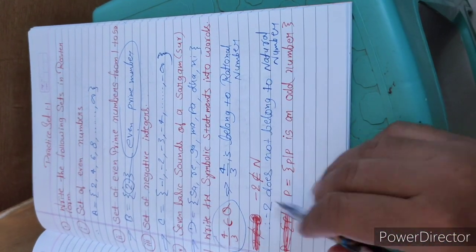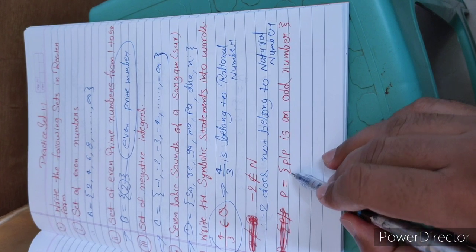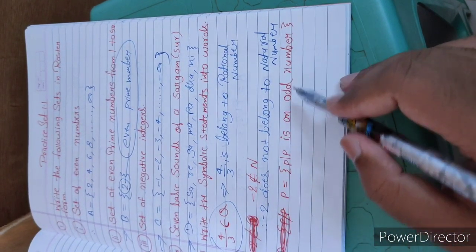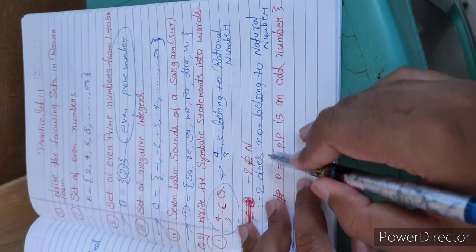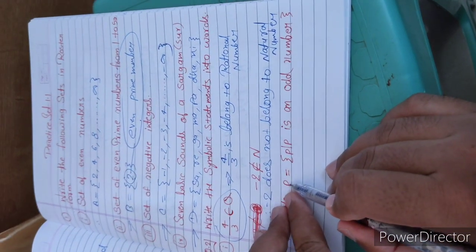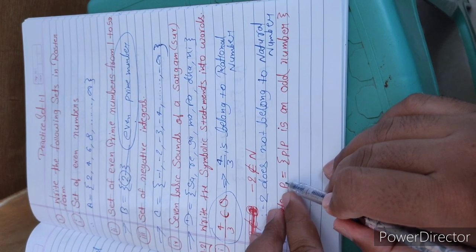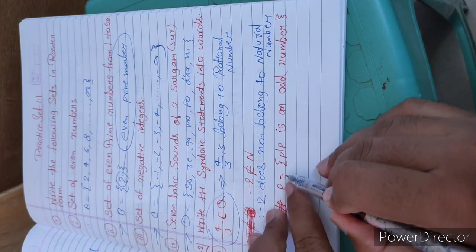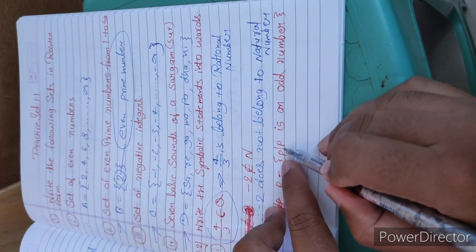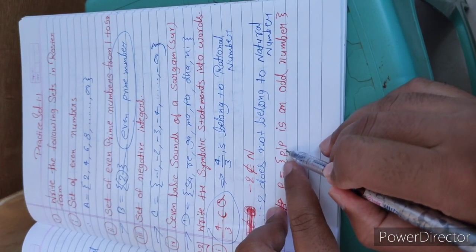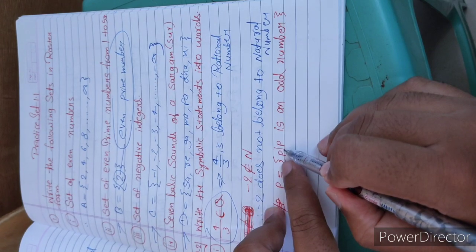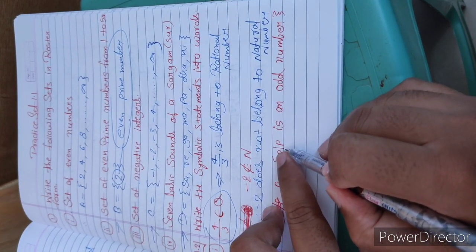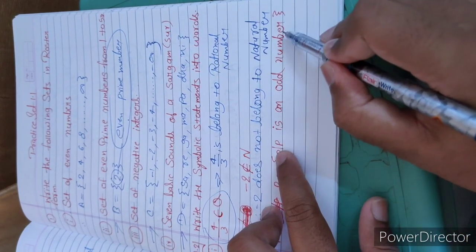Okay, next what is given here? Here we have been given set builder form. We have been given a set in set builder form. Firstly we will read it as the set P. P is the set of p, and this line is called such that. P is the set of p such that p is an odd number.